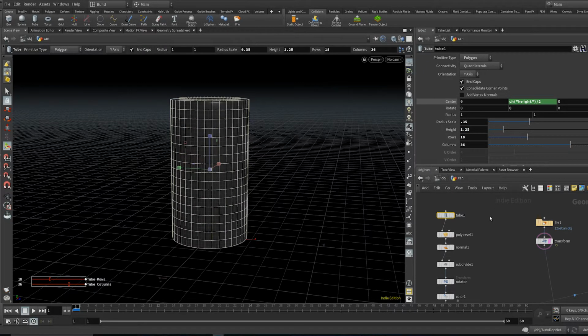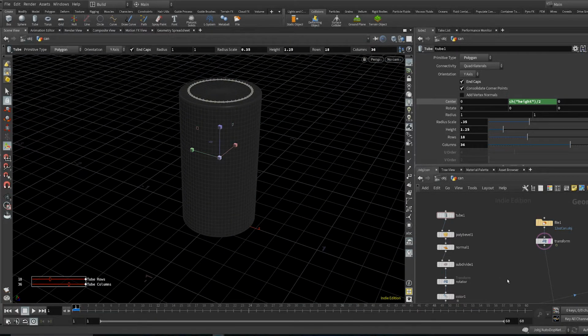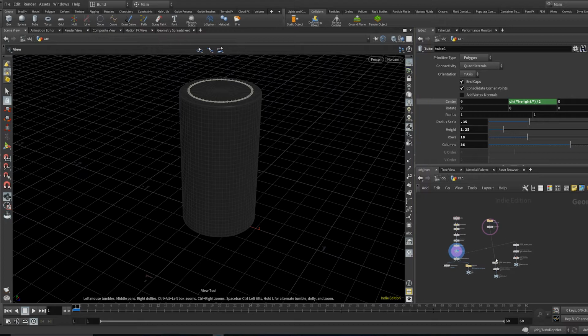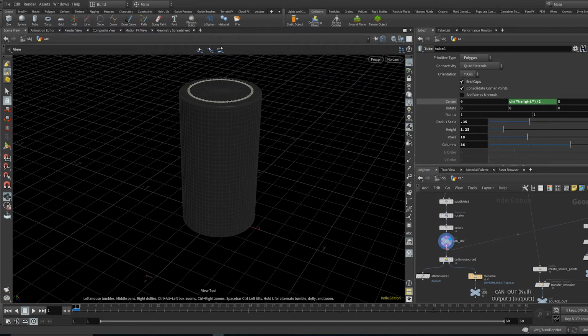0.25. Perfect. Okay, so I'm going to keep the subdivisions and everything, but that's a good thing to know that if you build it up as a system, and then you add a new object that's way smaller, you're going to run into these issues where it's not generating as many particles to feed the whole system. So I'm going to send this guy over